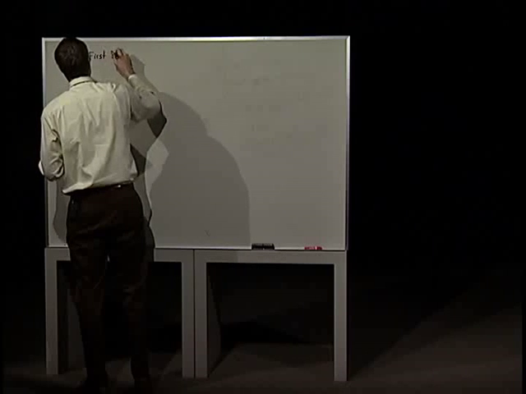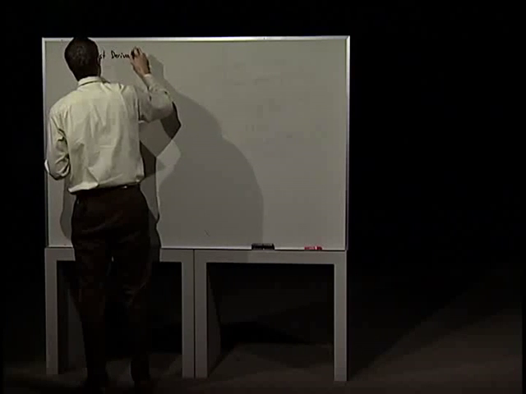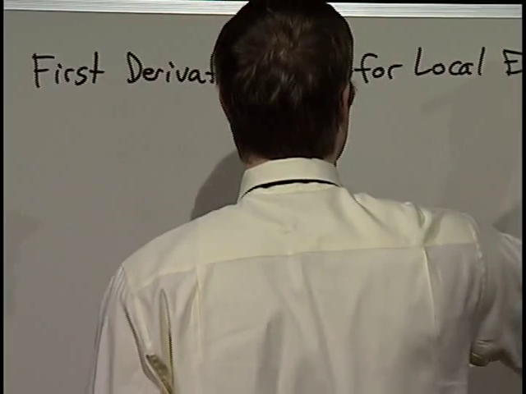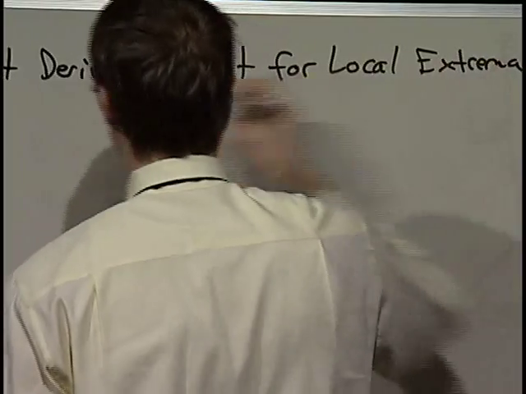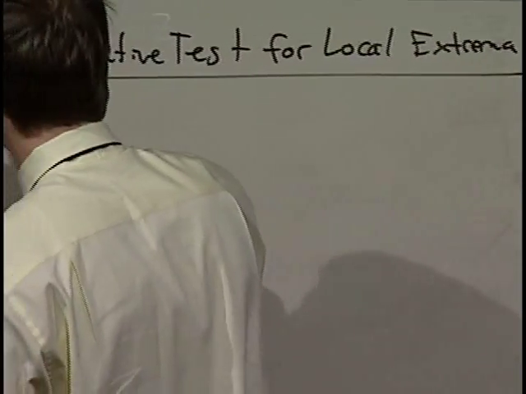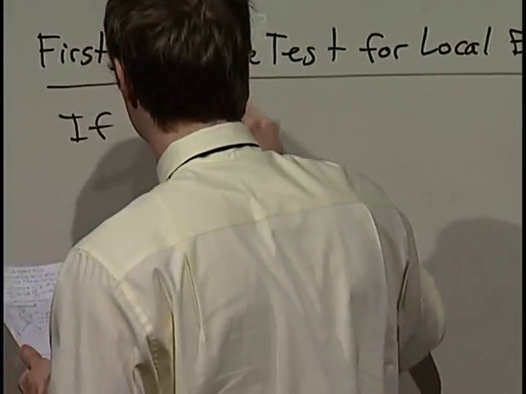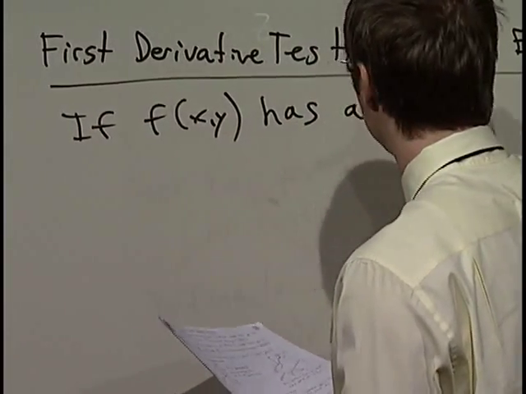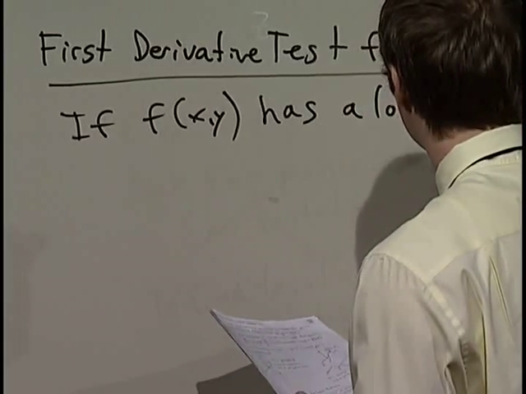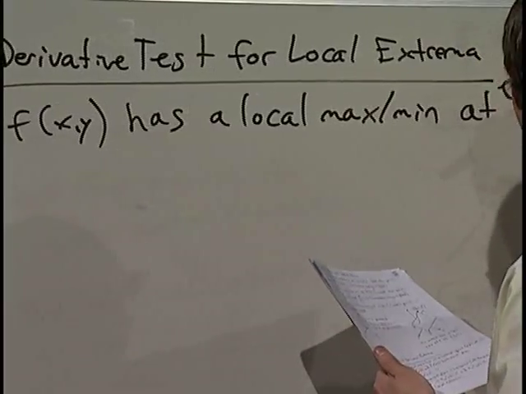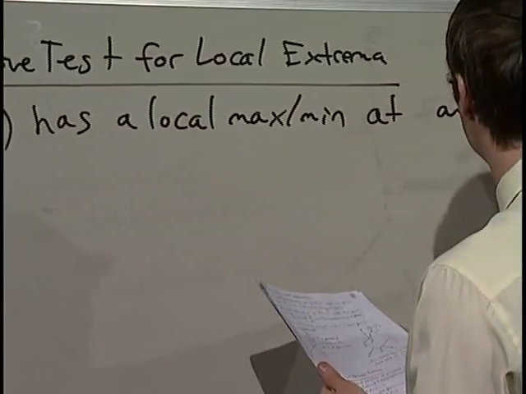So we have the first derivative test for local extrema, all right? And what it says is this. It says if a function of two variables, f of x, y, has a local max or min at an interior point,